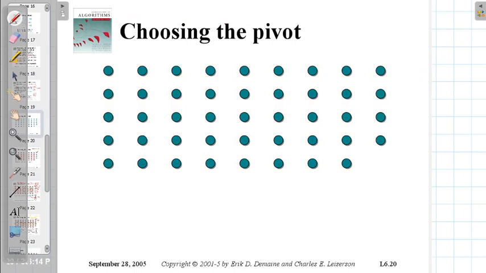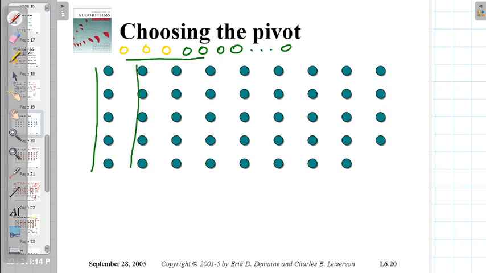We had elements here, we had elements here, all these elements we had here, and so on. Then after finding this x,